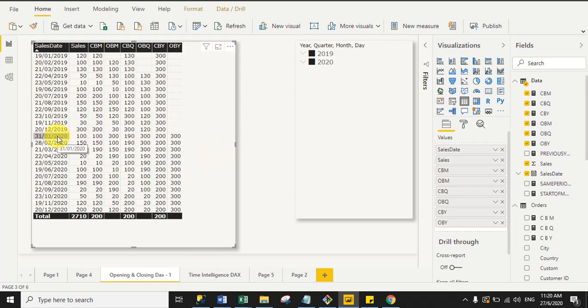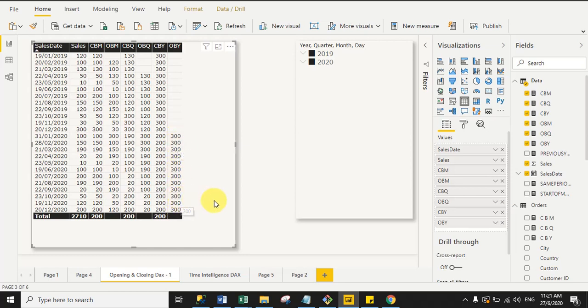And for the second year 2020, the first date of the year will be in December 2019, and in December 2019 the last day of sale is on 20th December, and the sale value is 300, so that's why it is returning 300 in the whole year. You can see here, right?